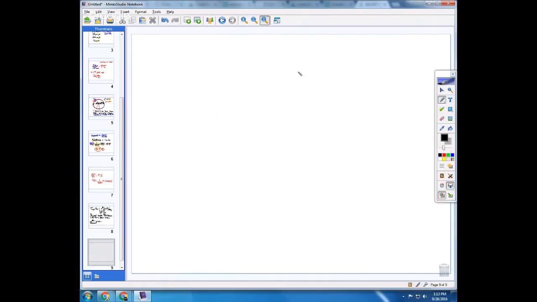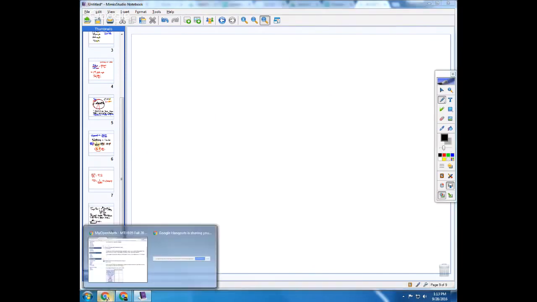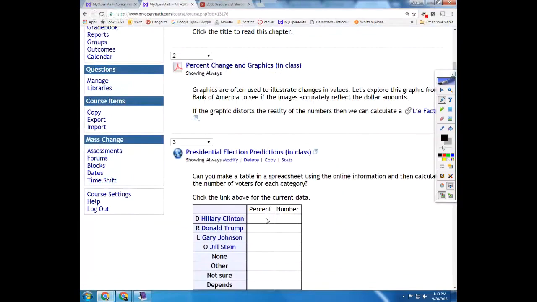Right now, what I'd like to do is, we've got about 15, 20 minutes left of class. So Fen, you're on a computer right now. You guys, I want you to go into the lab, log into a computer, open up My Open Math, and take a look at trying either your own version of a spreadsheet for the presidential election data,